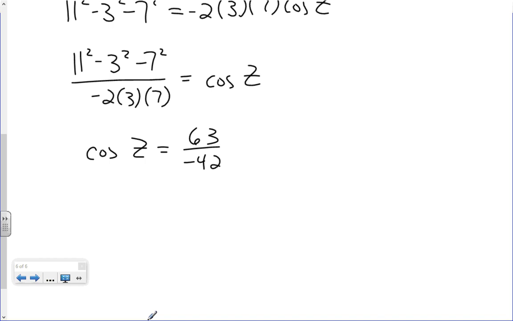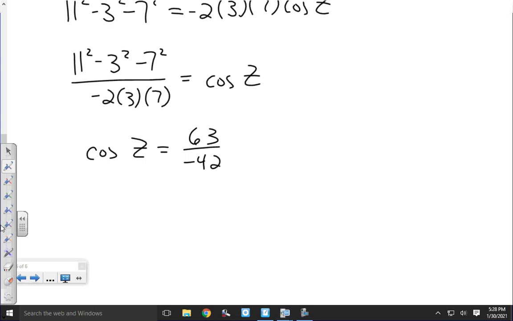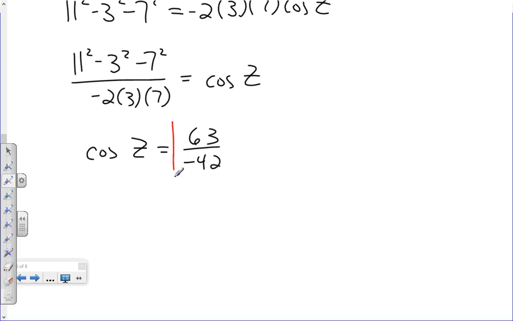63 over negative 42, which maybe at this point you also recognize is going to be an issue, because I might not know exactly what this is equal to, but that's definitely more than 1 in magnitude. And I know the cosine function has a range between negative 1 and 1. Cosine of Z has to be between negative 1 and 1. Again, if you catch that at this point, you're done. Just say, well, there's no solution to this. If you don't,